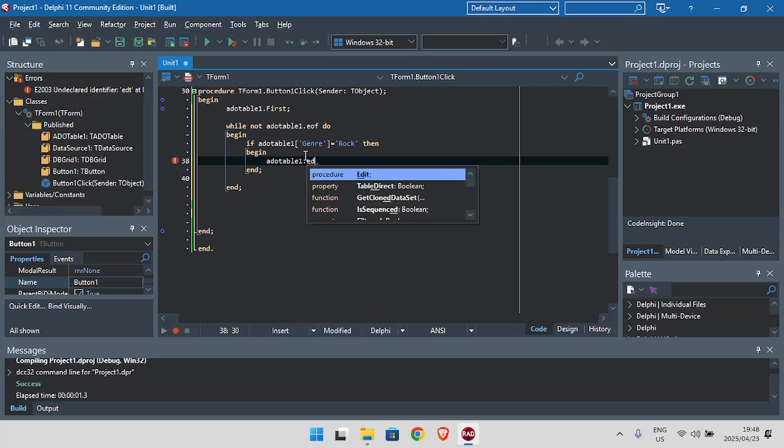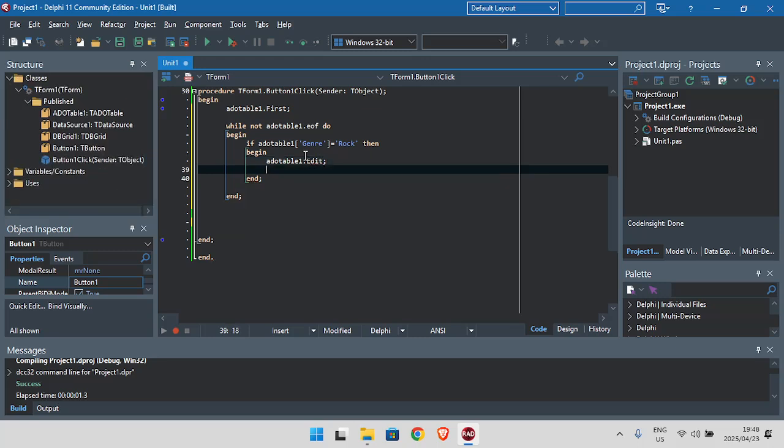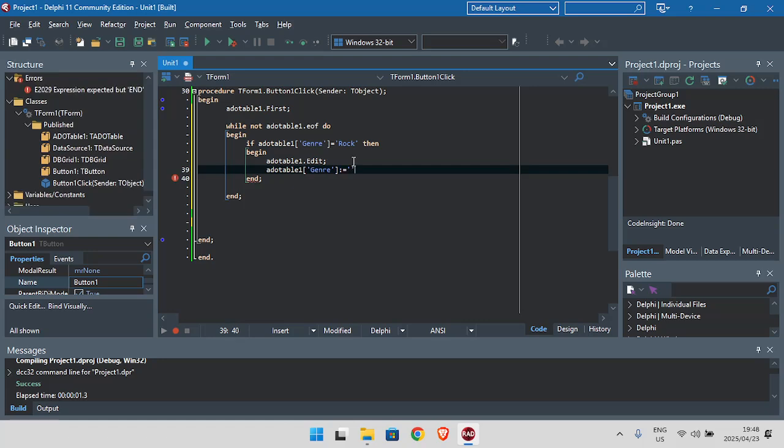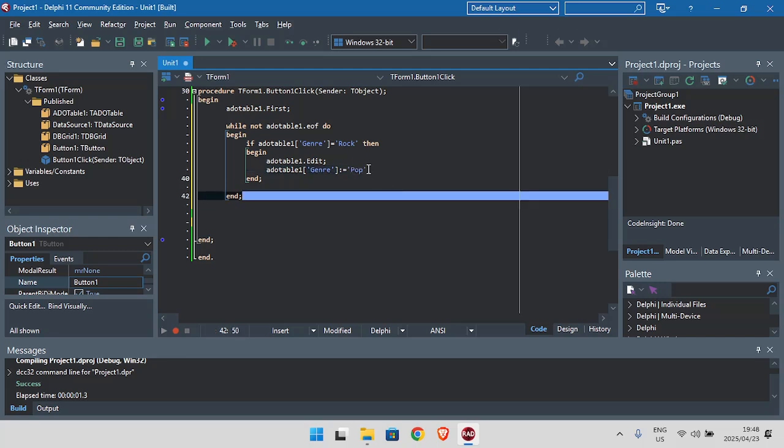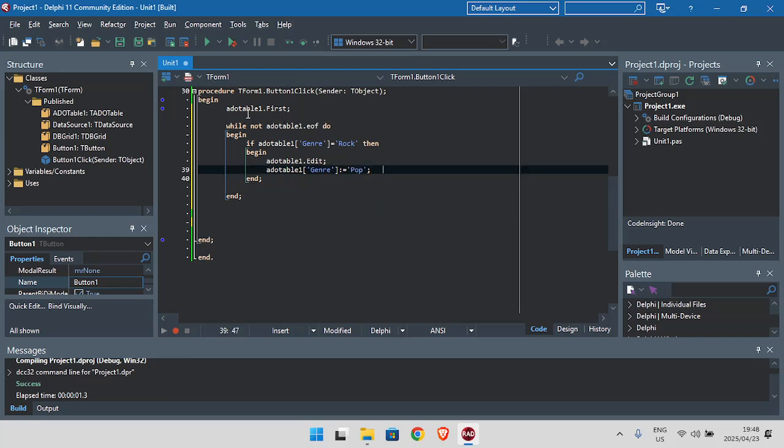in edit mode. Okay, so when it's in edit mode, I want to take the current genre, it should be rock, and I want to change it to pop. Okay, so I'm going to start with the first record.